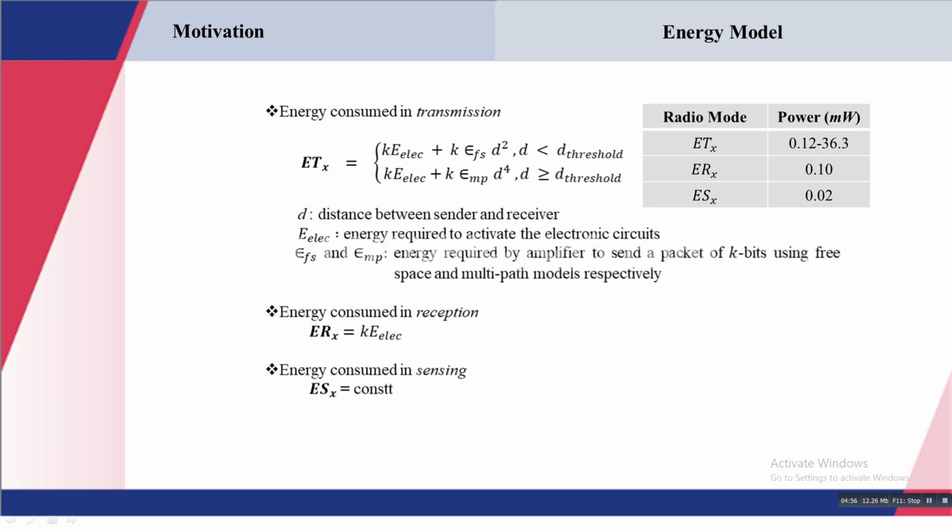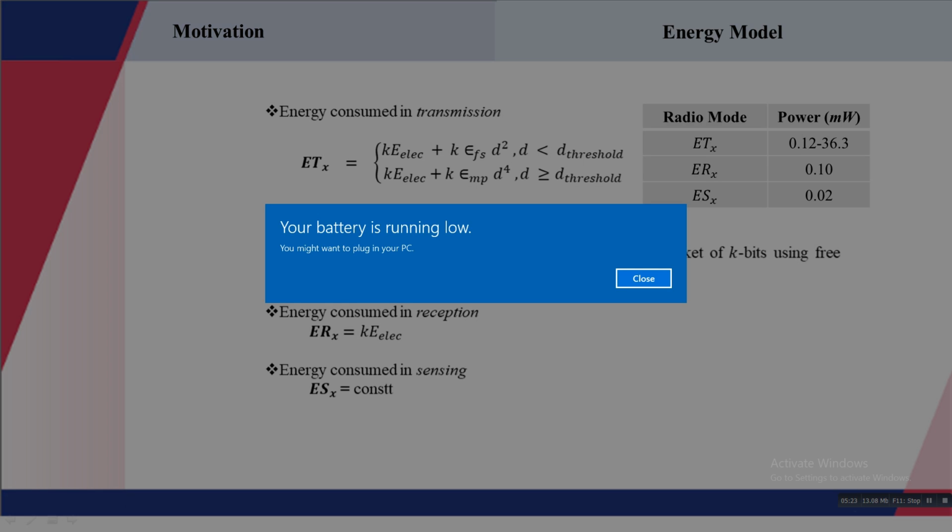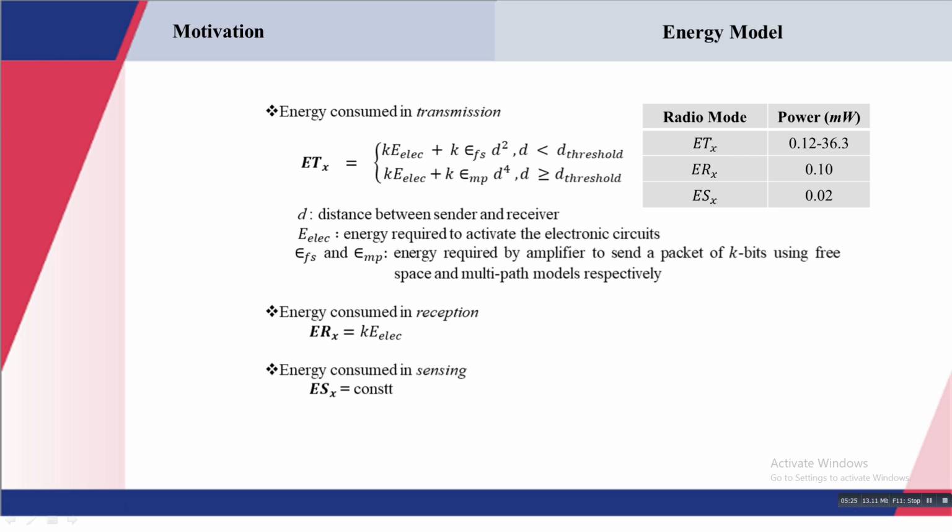Here in this table we can see the energy consumption of the Rockwell Wind seismic sensor node. From this table we can conclude that energy consumption during transmission is much greater compared to the rest of the operations. So if we want to minimize the energy consumption, we have to work on the transmission operation. We have to give more focus to the transmission operation as compared to the rest of the operations, so that we can minimize the energy consumption.